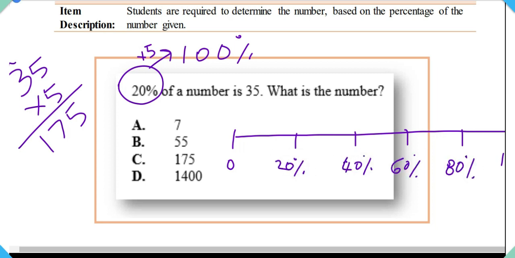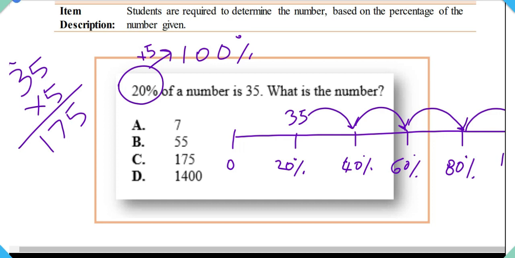Alright, so we know that 35 is 20% of our mystery number. Our mystery number is right here. We don't know what it is yet. So at every 20% point, we need to add 35 more. Every 20% mark, we need to add 35 more to our number to add it up to our